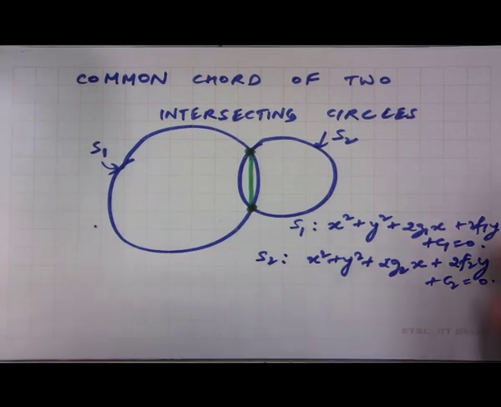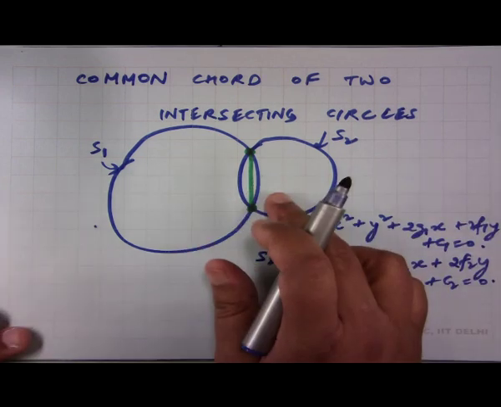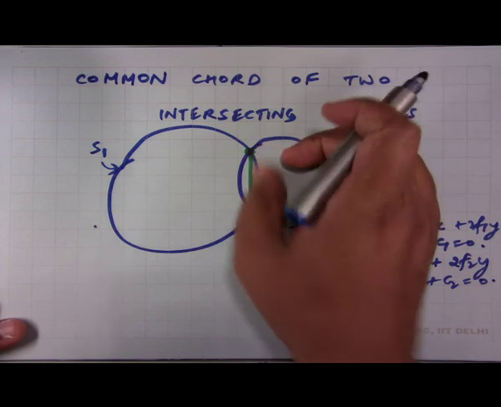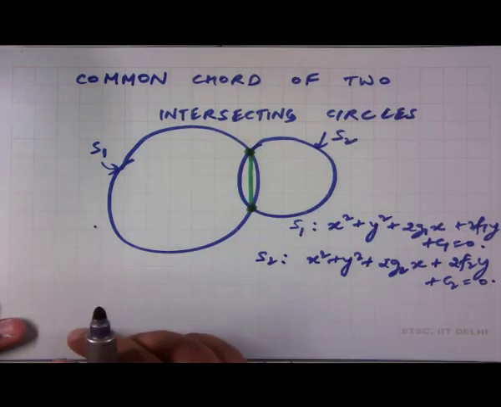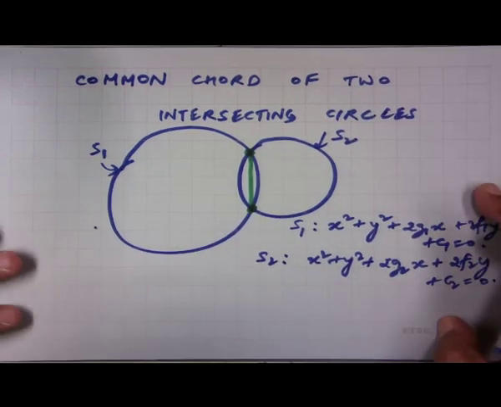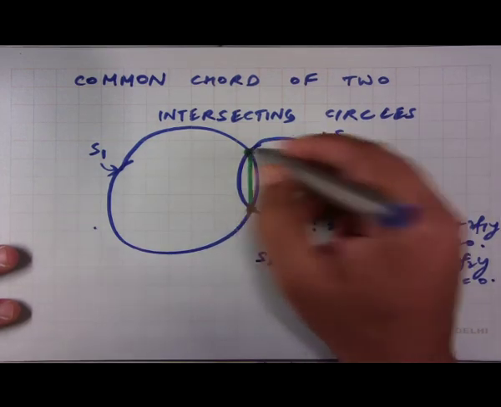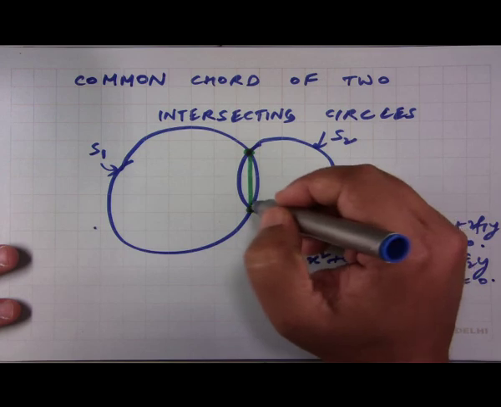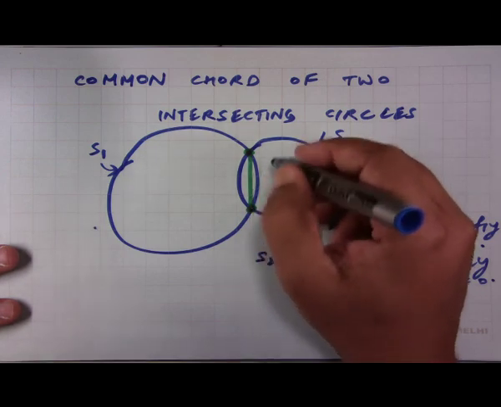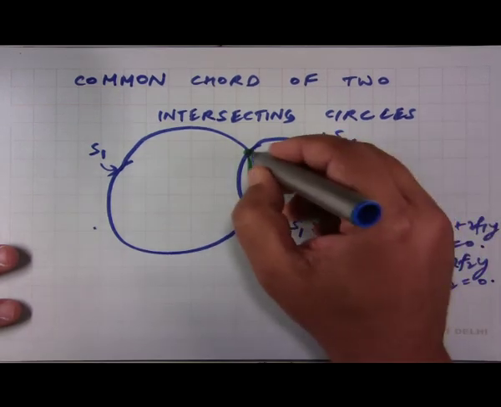So, we are given the two equations of these two circles. How do we find the equation of this common chord? Now, let us say that these are the coordinates of the 2 points of intersection. So, let us say that the coordinates of these 2 points are,